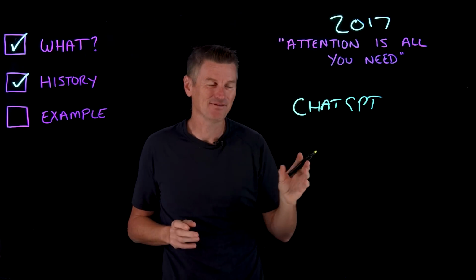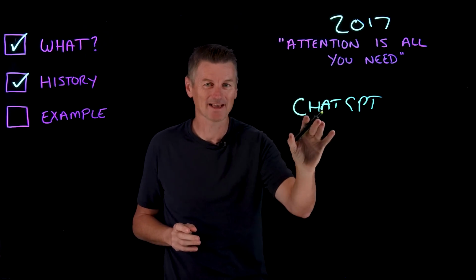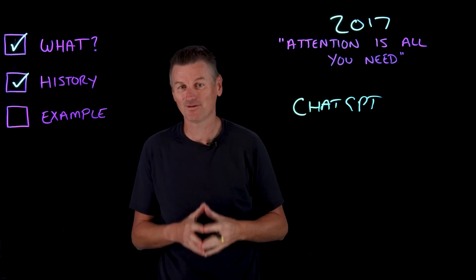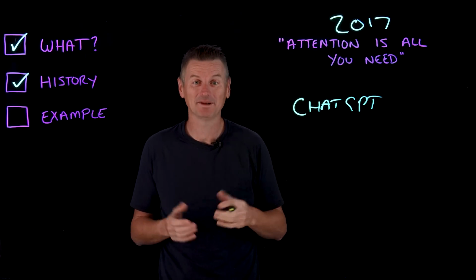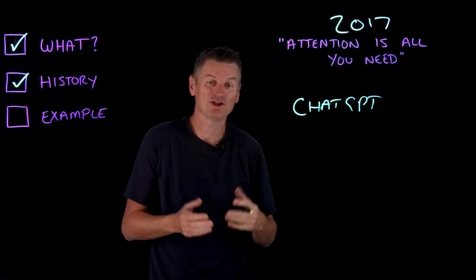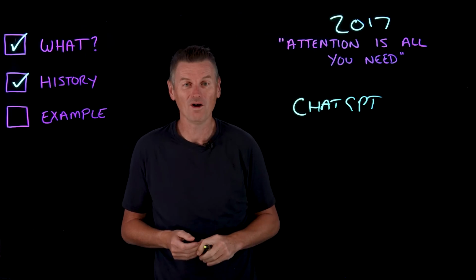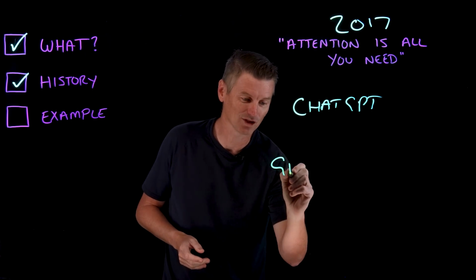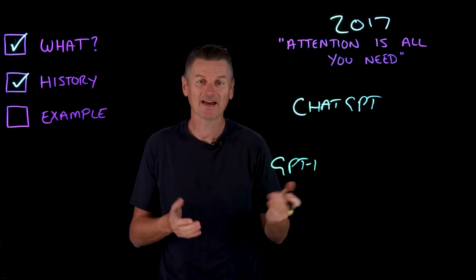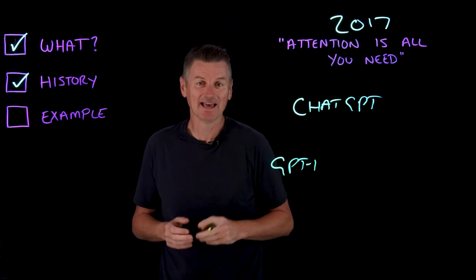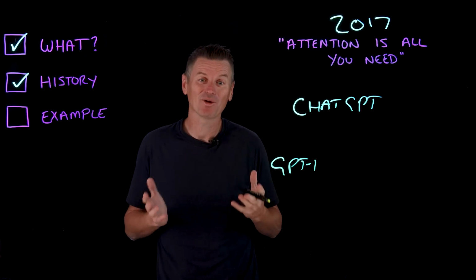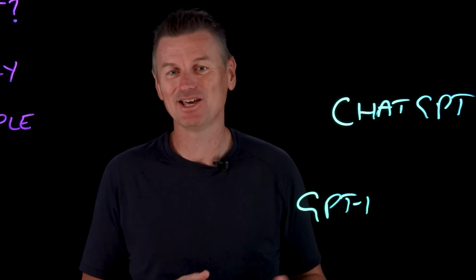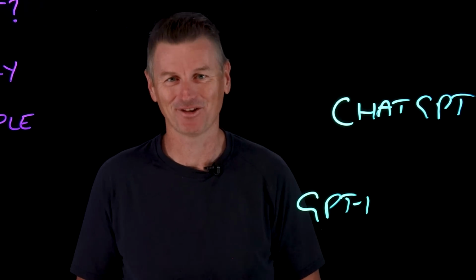Now, ChatGPT is not a specific GPT model, it's a chat interface that allows users to interact with various generative pre-trained transformers. You pick the model you want from a list. And today that's likely to be a GPT-4 model like GPT-4o. But the first GPT model from OpenAI was GPT-1, and that came out back in 2018. It was able to answer questions in a human-like way, to an extent, but it was also highly prone to hallucinations and just general bouts of nonsense.